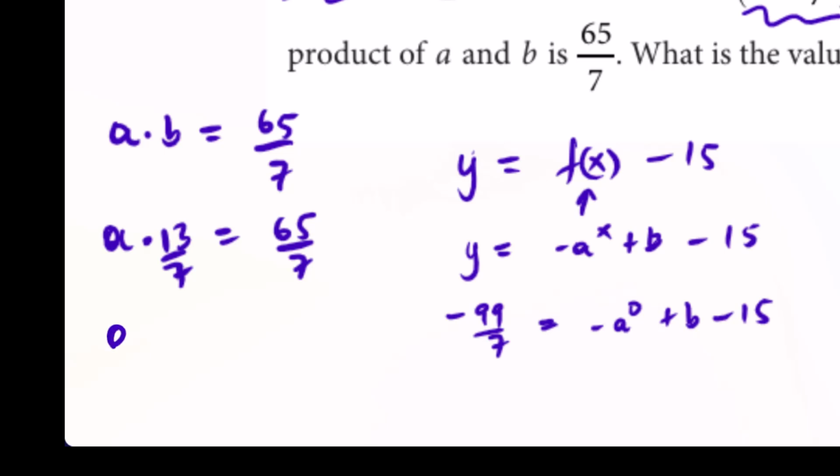So my a is going to simply be equal to 65 over 7 times 7 over 13, multiplying both sides by the reciprocal to get rid of this. So this is going to give me a to be equal to